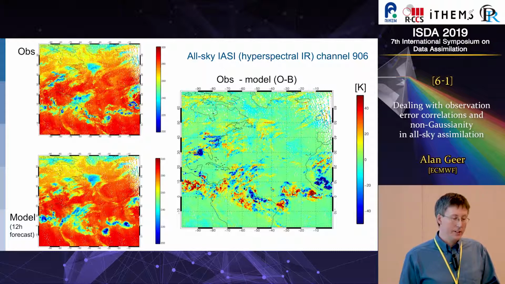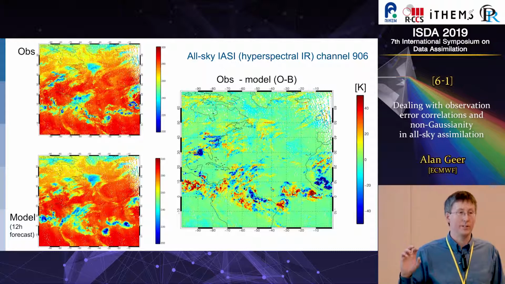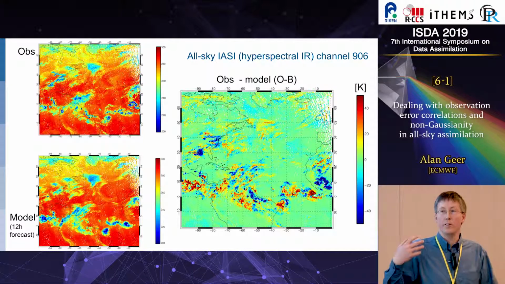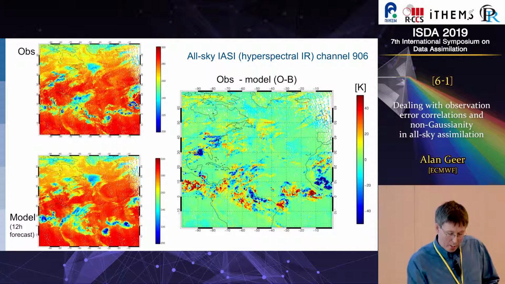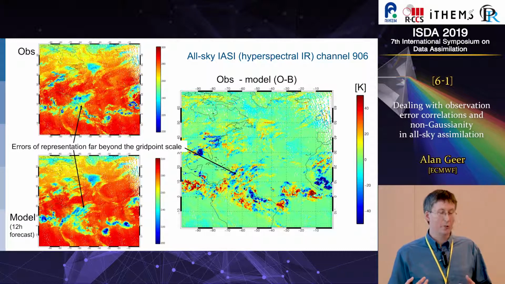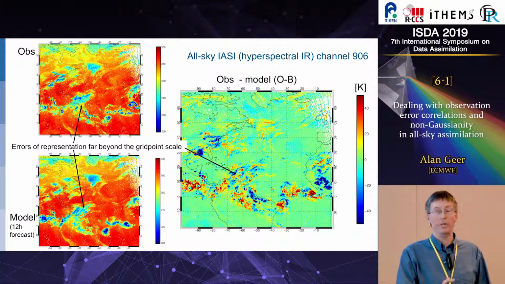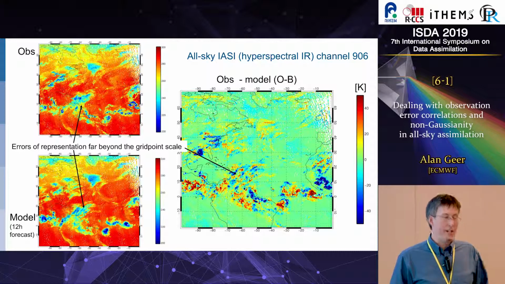So the observations here, you can see they've got quite a slightly different structure to the forecast model. So these blue areas are cloud, and you can see that in the observations, the clouds have slightly different shapes, slightly different textures. The model's smoother. I'll point to one little area here which gives an idea of the problem. And this is an area of cloud which in the forecast model appears to have some kind of gravity wave structures in it on a 200-300 kilometer scale. In the observations it doesn't, it's a much smoother situation.